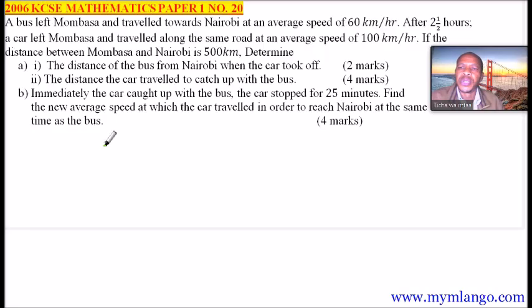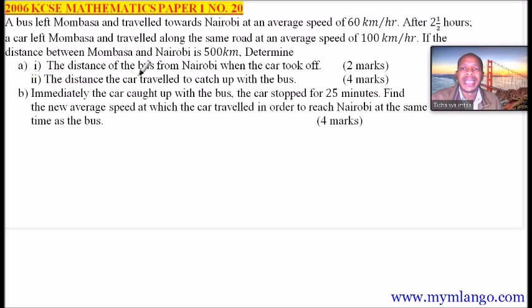This is question number 20, 2006 KCSE Mathematics Paper 1. We are told a bus left Mombasa and traveled towards Nairobi at an average speed of 60 kilometers per hour. After 2.5 hours, a car left Mombasa and traveled along the same road at an average speed of 100 kilometers per hour. If the distance between Mombasa and Nairobi is 500 kilometers, determine: